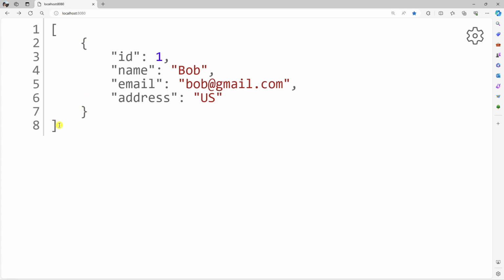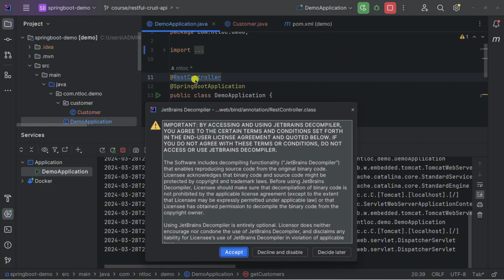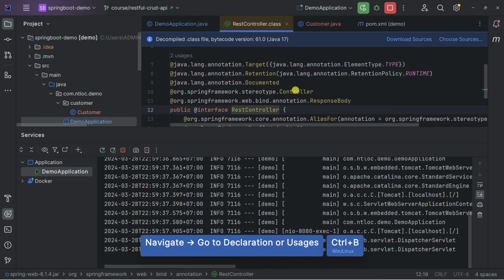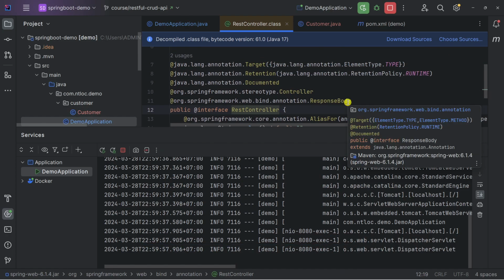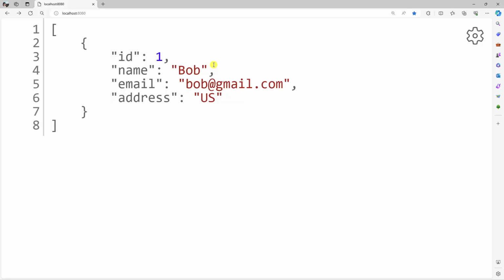This is because in the REST controller it has the annotation ResponseBody. So ResponseBody will automatically convert our object to the JSON body. So this is awesome, as you can see how easy it is to set up a very simple customer API.